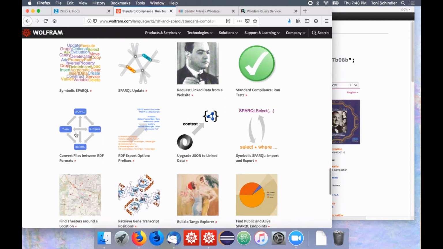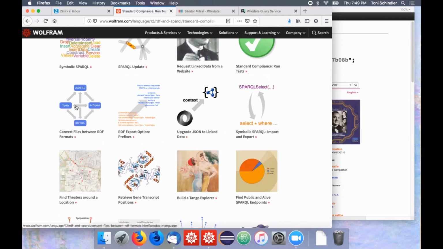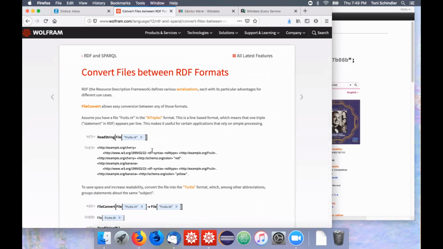Well, let's continue with some details, for instance, about converters. So this row is about converters, and I'm going to look at some of the examples quickly. So one of the possible serializations